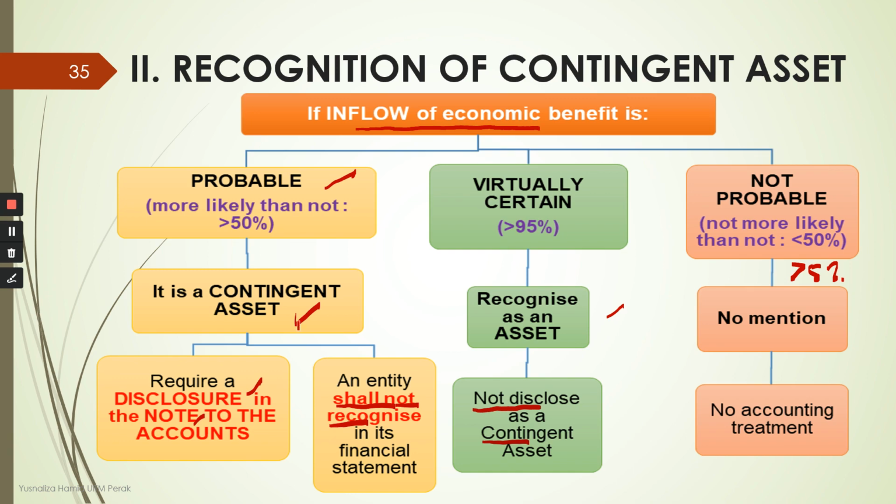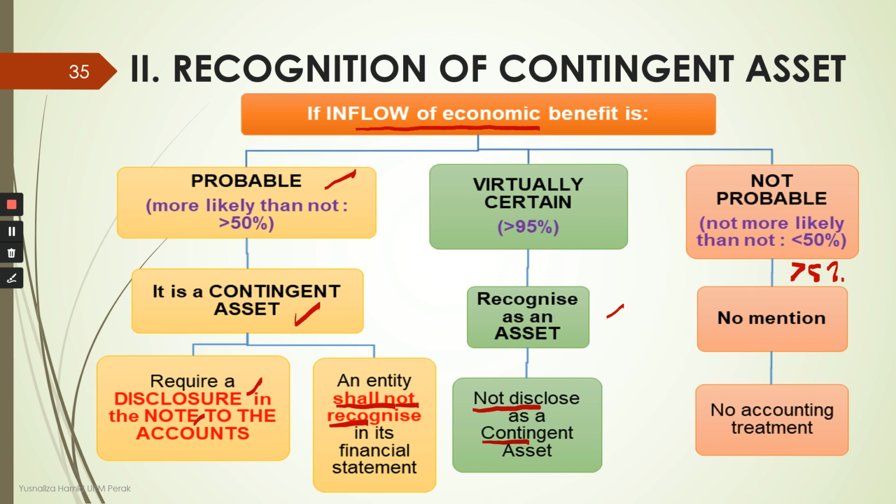You don't have to disclose the contingent asset. What you need to do is just do nothing. Do not do any accounting treatment. Do not disclose them in the account. Just ignore the event. Do not mention that. You just keep that as your record in the file, but you do not need to do any accounting treatment